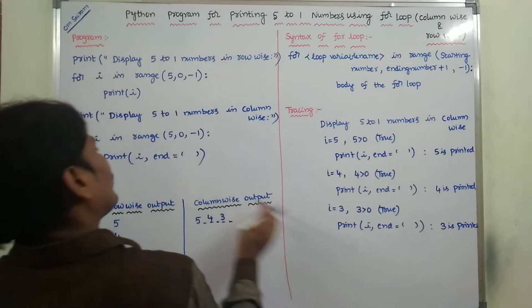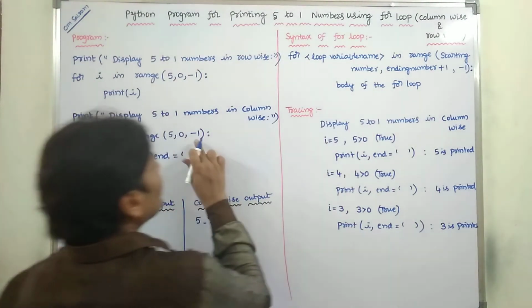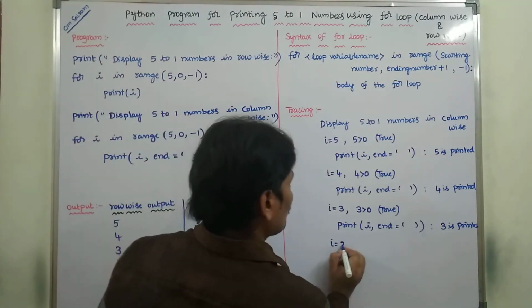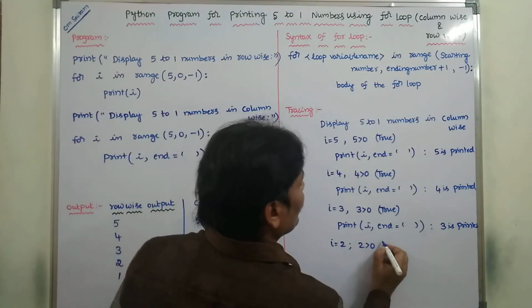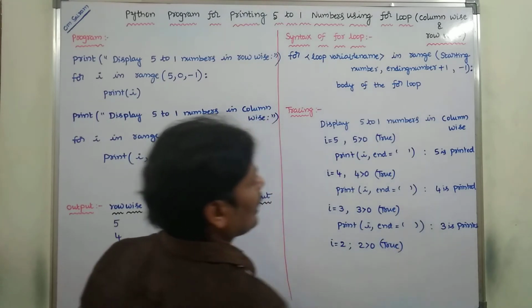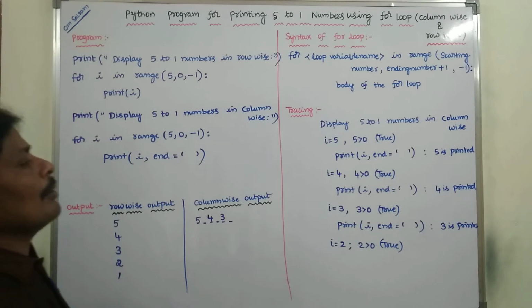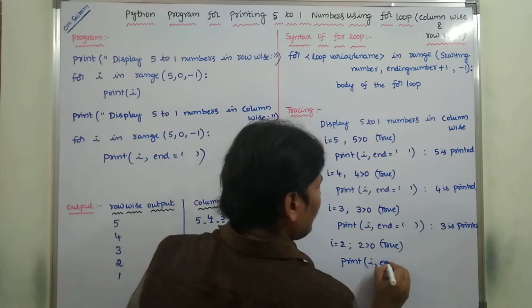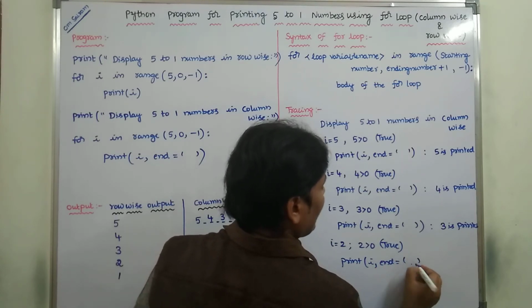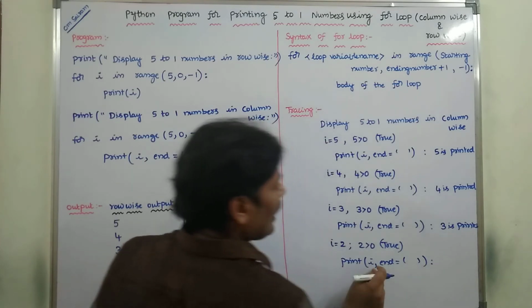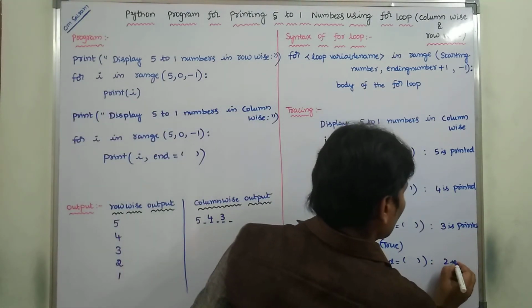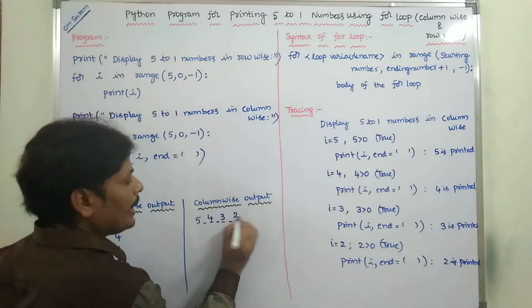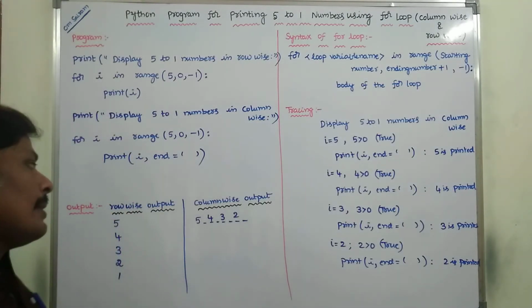Next, the control goes to the for loop. Now the i value is decremented by 1. Previously the i value was 3. 3 minus 1, that is 2. 2 greater than 0. If the condition is true, then the control goes to the statement within the body of the for loop. print(i, end=' '). So now what is the i value? The i value is 2. Now 2 is printed. After that one space is required.